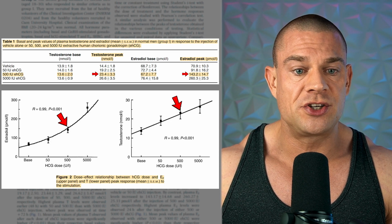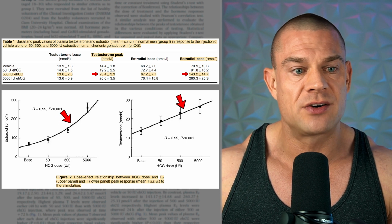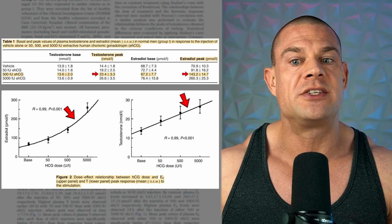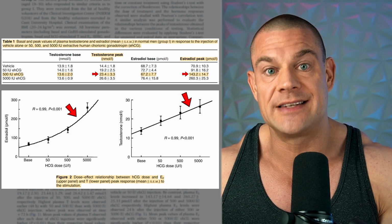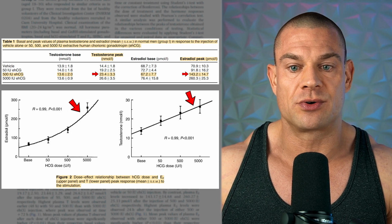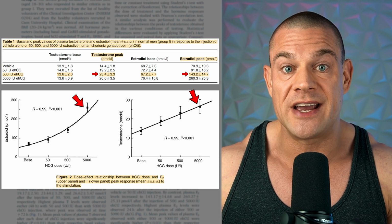And when you look at figure 2, you can see that there's a linear response to the exponential dosage increase when it comes to serum total testosterone levels, which means diminishing returns as the dosage escalates upwards. But serum estradiol levels also increase at an exponential rate, meaning that there's a direct dose-dependent response to how much HCG you inject. Taking all of the scientific evidence into consideration, more frequent, albeit lower dosages around 300 IUs every